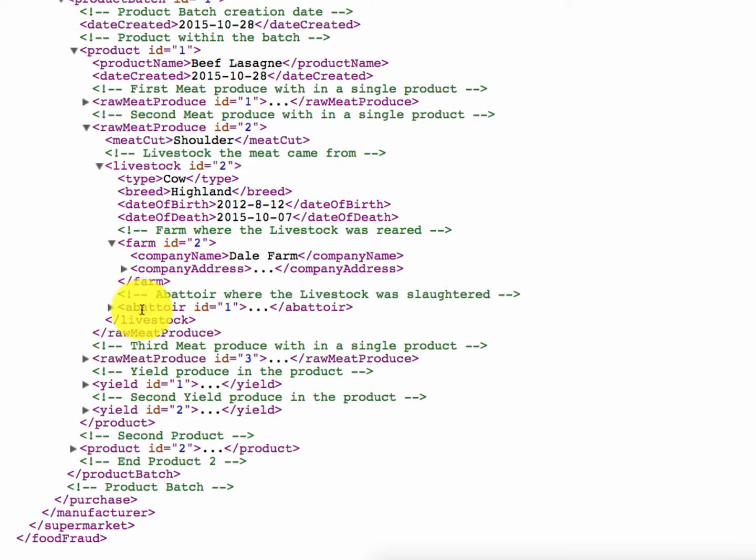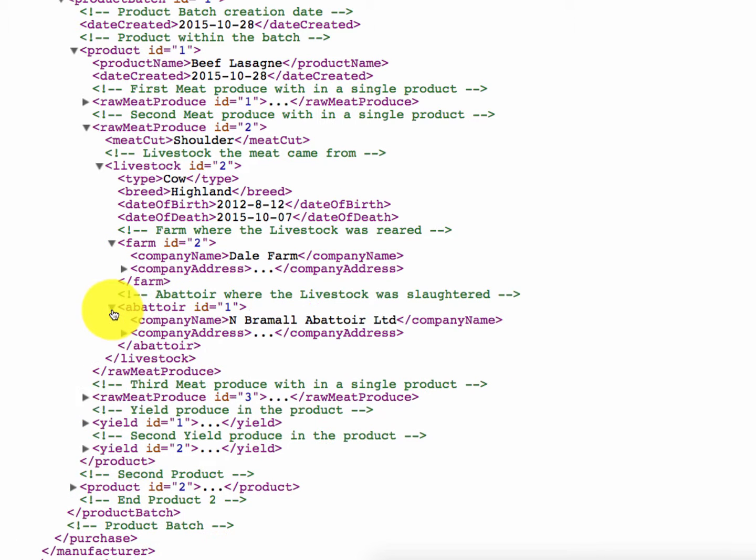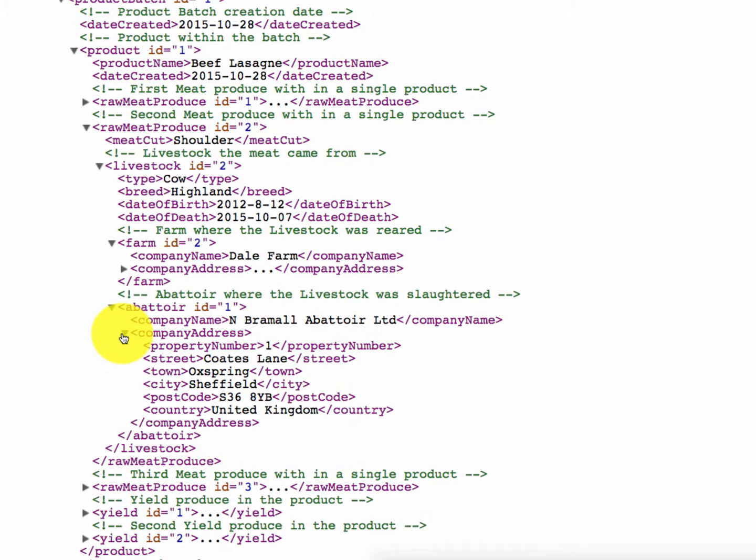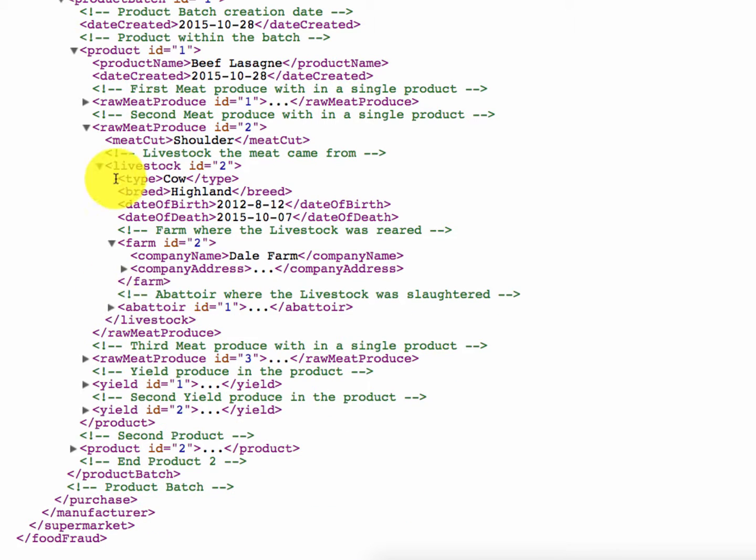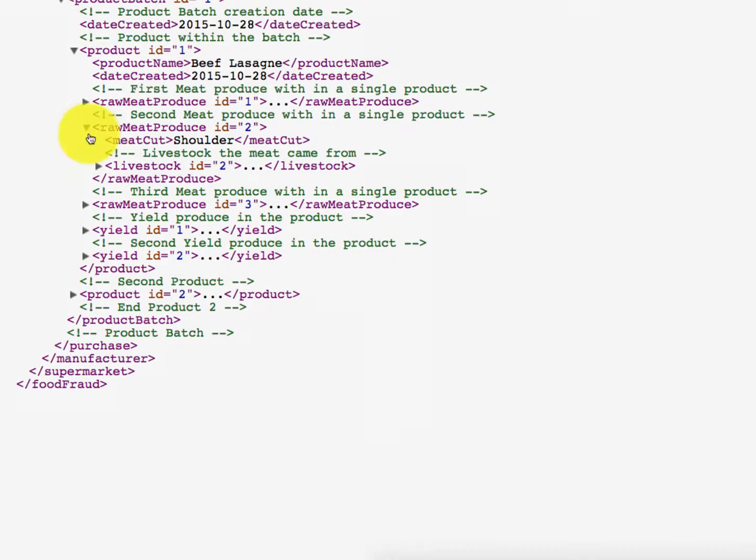From this we're able to identify that this livestock as well has been slaughtered at this abattoir, which is M. Bradmore Abattoir, and that address is 1 Coates Lane, Oxbury. So from this we're able to identify full traceability throughout the XML,